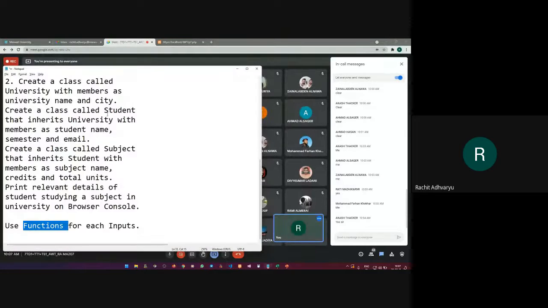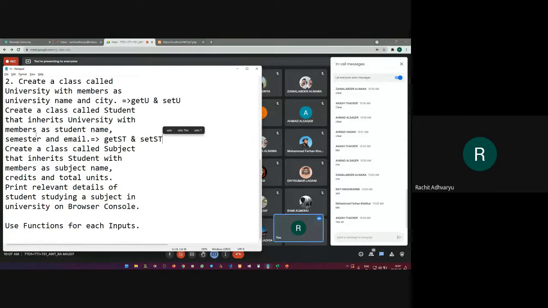Yes. This is what the program is. For the university class, I will create get u and, let's say, set u functions. Set u will get the details of the name and city, and get u will print the details of name and city. Similarly, for student, I will create get st and set st functions.